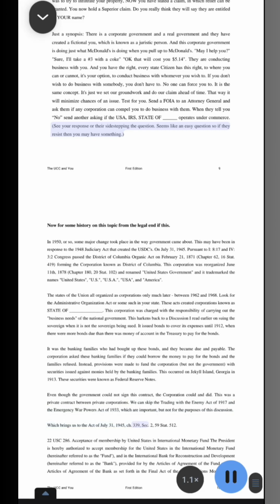Which brings us to the Act of July 31, 1945, ch. 339, sec. 2, 59 Stat. 512, 22 U.S.C. 286. Acceptance of membership by United States in International Monetary Fund. The President is hereby authorized to accept membership for the United States in the International Monetary Fund, hereinafter referred to as the Fund, and in the International Bank for Reconstruction and Development, hereinafter referred to as the Bank, provided for by the Articles of Agreement of the Fund and the Articles of Agreement of the Bank as set forth in the final Act of the United Nations Monetary and